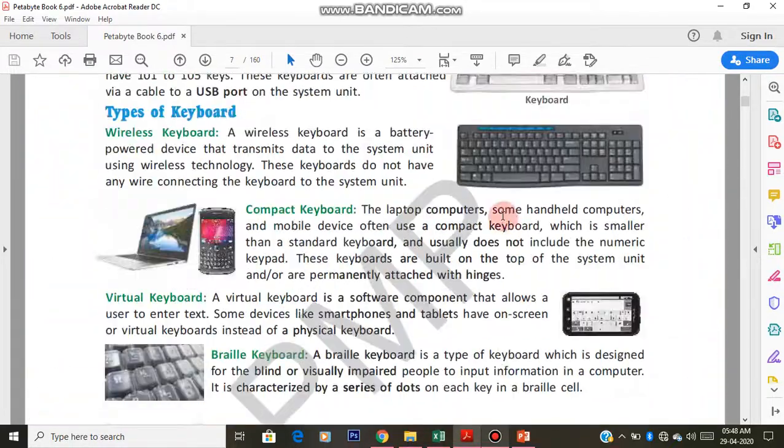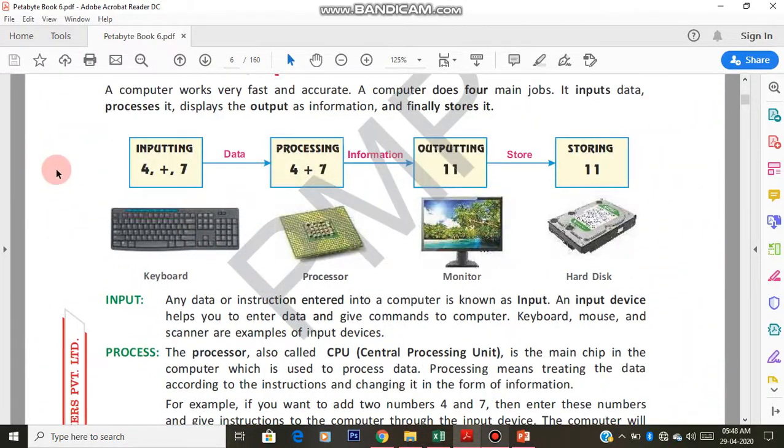We have seen we give some input to the computer, and inside the computer it processes it and brings out information. We give some data using input devices, the computer processes it and brings out information, and that will be displayed through one of the output devices.